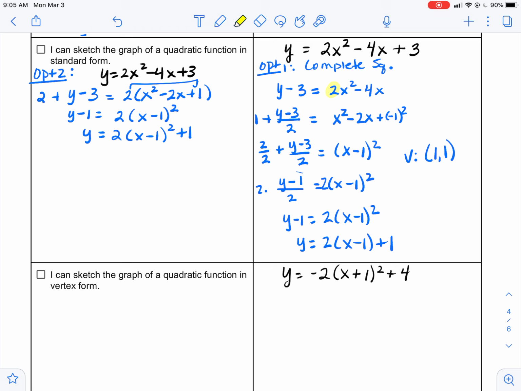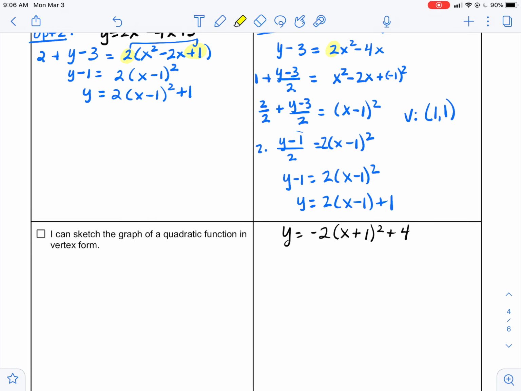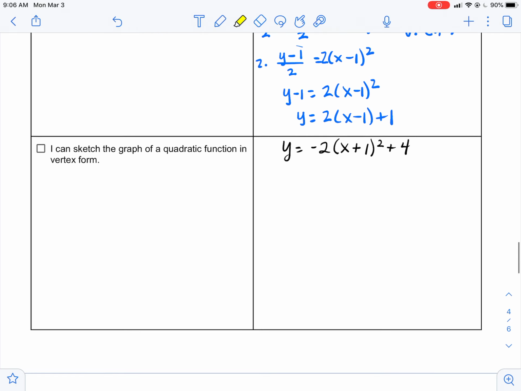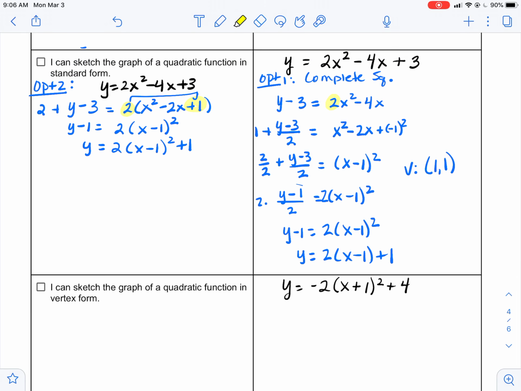But again, my fear is always that kids forget to do this multiplication here. But if you're good with that, then either method works for me. Again, or if you wanted to do the negative b over 2a. Okay, so the next one we're going to do, and this is actually sketch the graph, so I guess I